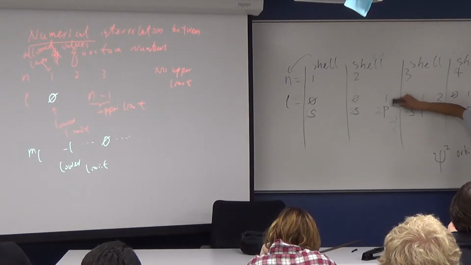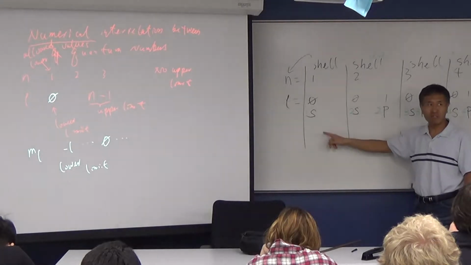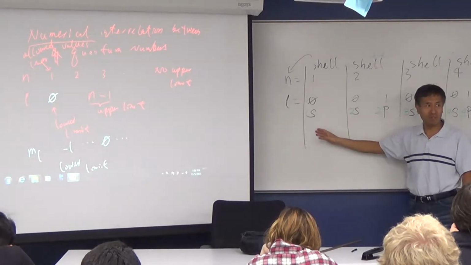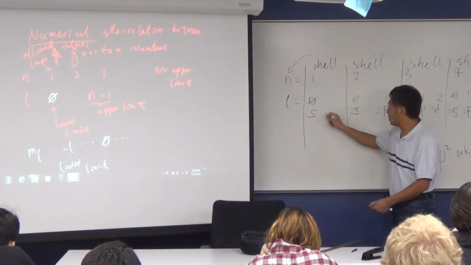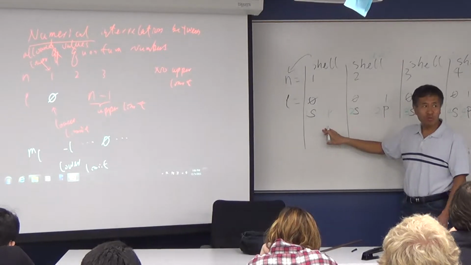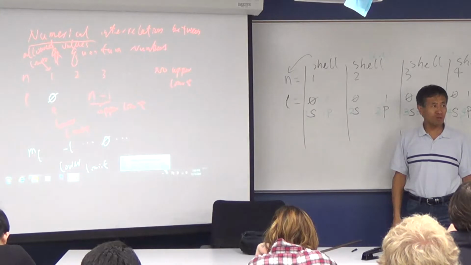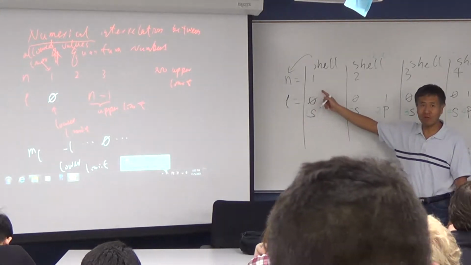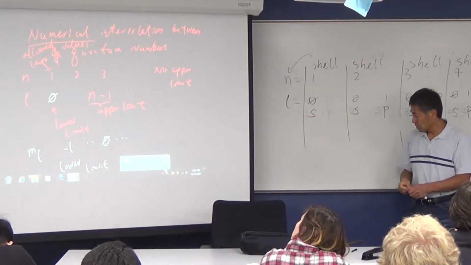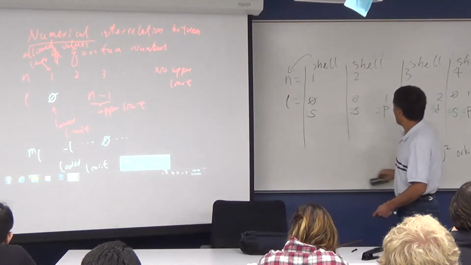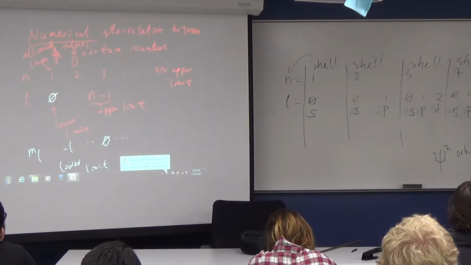So therefore, we don't have a 2D. Similarly, you don't have 1P, 1D. Forget about 1D, you don't even have 1P. Right? In order to get 1P, you need to have a 1 here for L. Do you think it's possible to have a 1 for L if you have n equal to 1? No, your upper limit is 0. Right. So then similarly, this F will be our 4F.